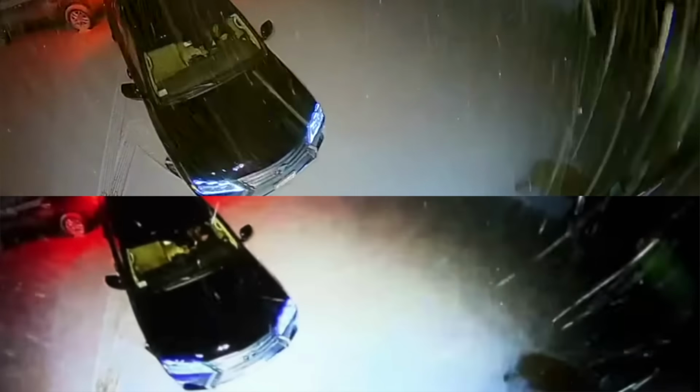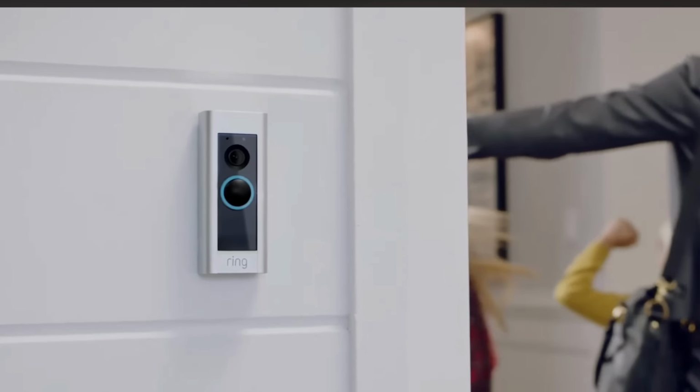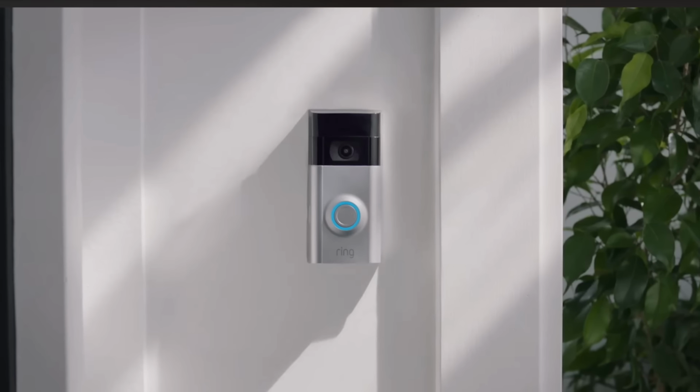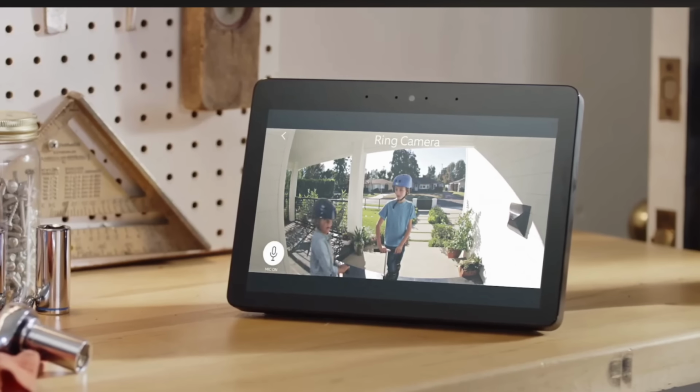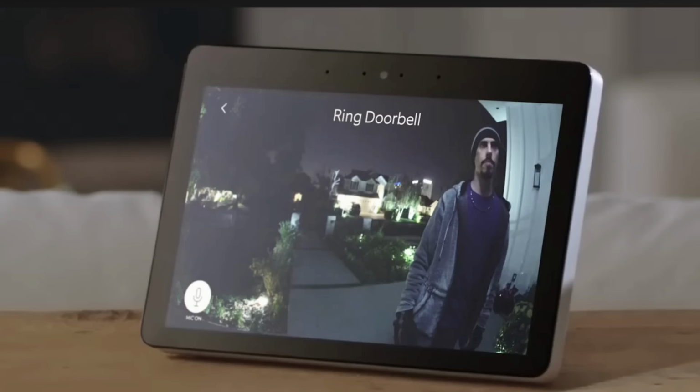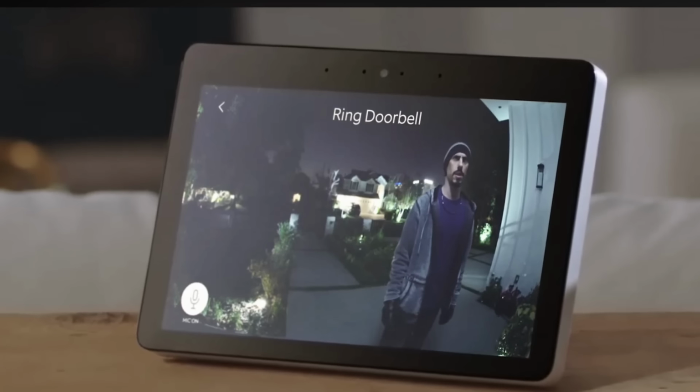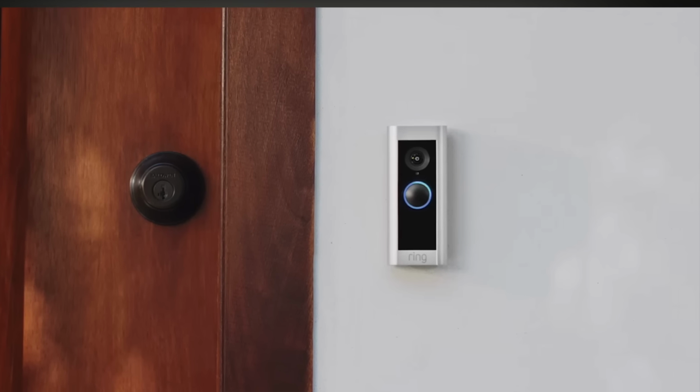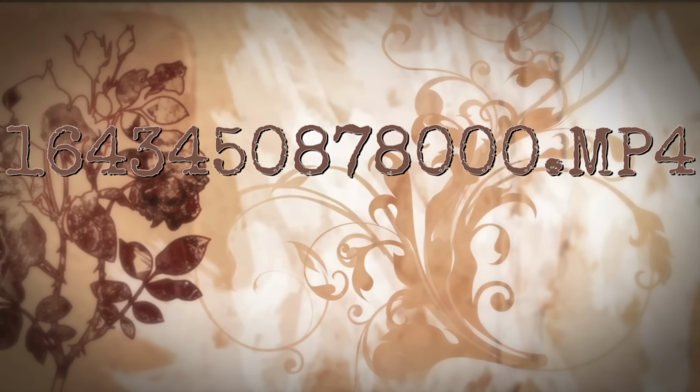This file was produced by an Amazon ring camera. They record motion-triggered video clips. When something moves in the camera's field of view, it starts recording. Each clip gets saved automatically with a file name that encodes the exact moment of the recording down to the millisecond. The file name of this file is